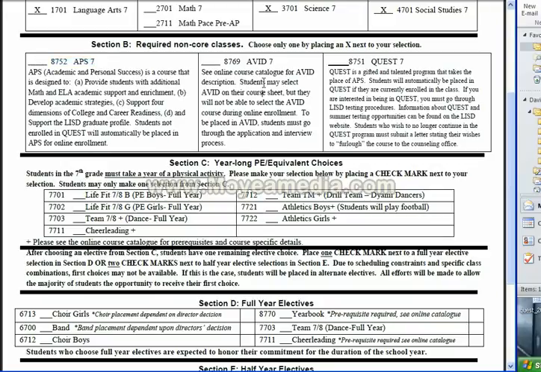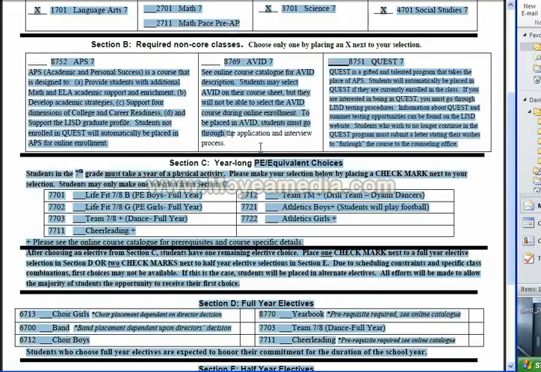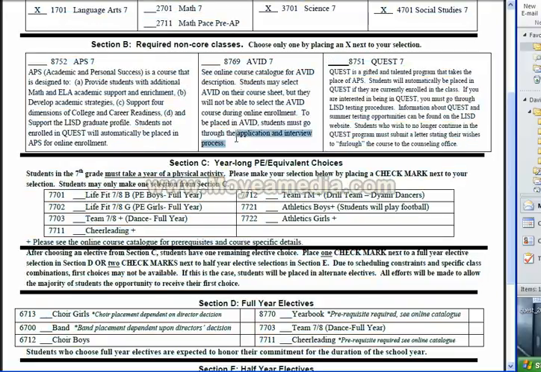Avid is a third option for Section B that enters your 7th grade year that you did not have your 6th grade year. If you would like to read more information about Avid, go to the course catalog, read the description. It does involve an application and interview process. So you're not going to be able to sign up for the class online because you haven't gone through the